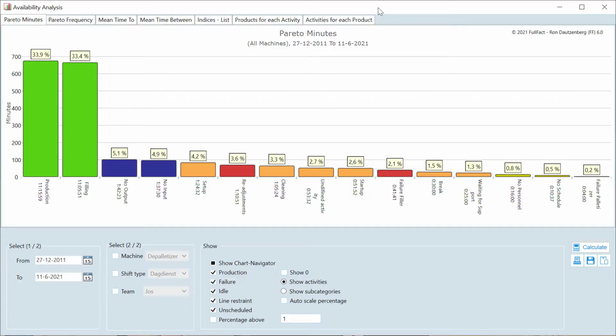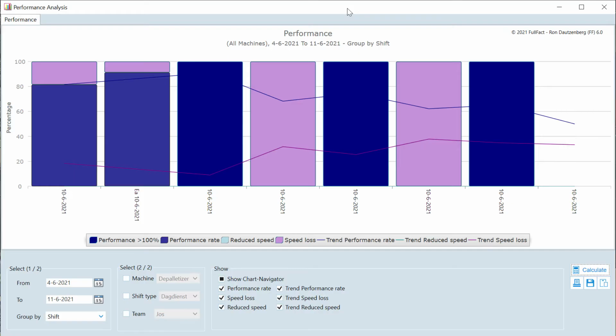3. If you want to get insight into the effects of the improvements over a longer period of time, choose the availability or the performance chart, or both, depending on the kind of improvement measures that have been done lately. The availability chart shows a Pareto of time losses, categorized into the 4 main categories of idle times. The performance chart shows a bar chart with the speed losses.